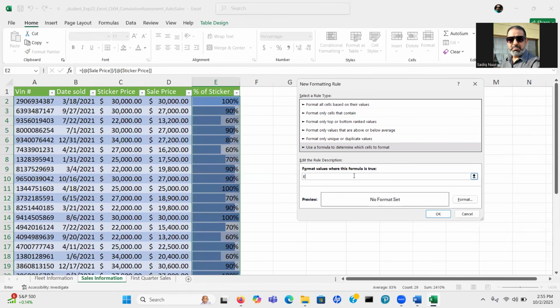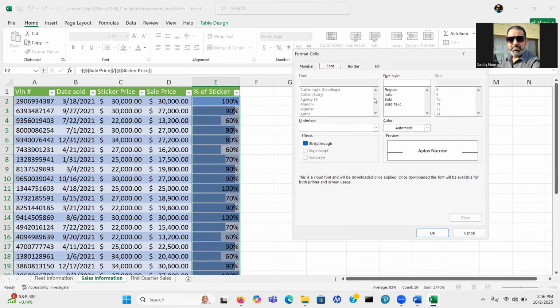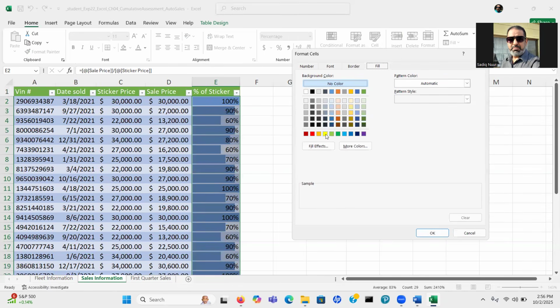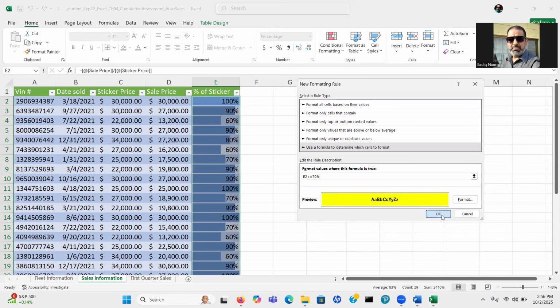So we're going to say E2 less than or equal 70%. So if E2 is less than or equal to 70%, then what formatting are you looking at. So click on format. We are looking for the tab that says font. I want boldface and the fill has to be yellow. And then click OK, and then click OK.